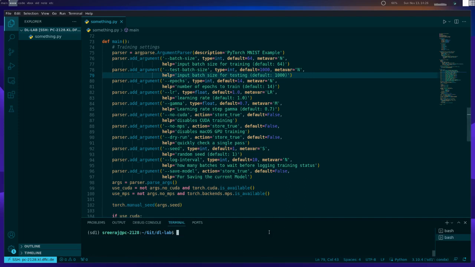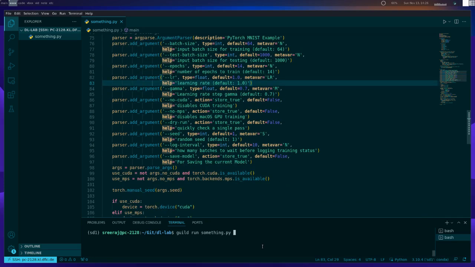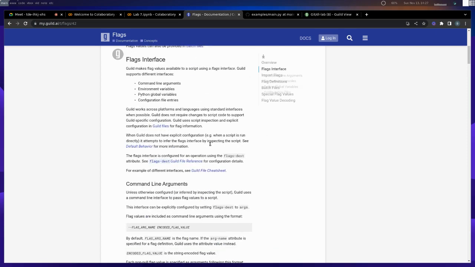So let's say you want to run this, but then let's say you want to use a learning rate of 0.1. That's just, we look that up. So if you want to use a flag,